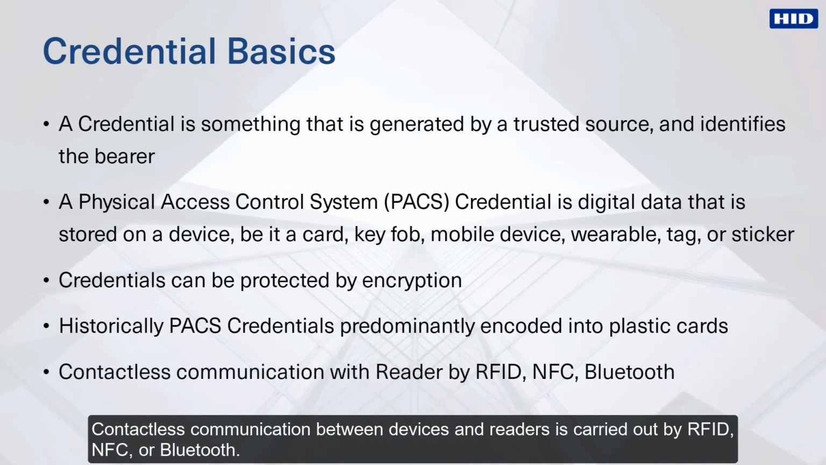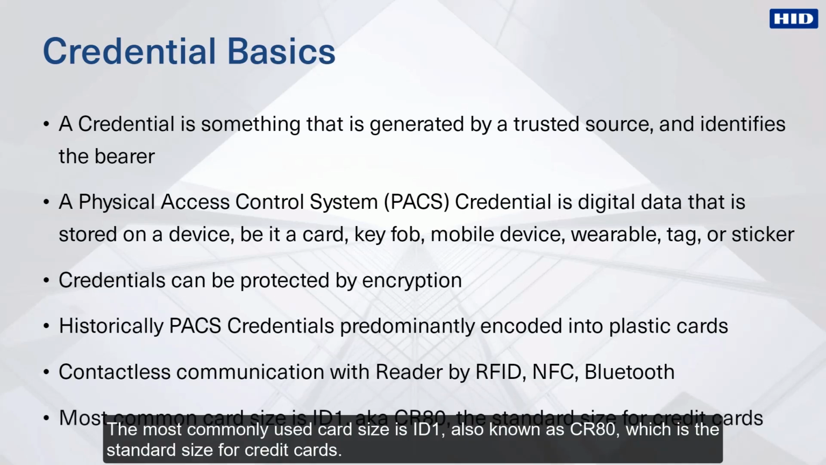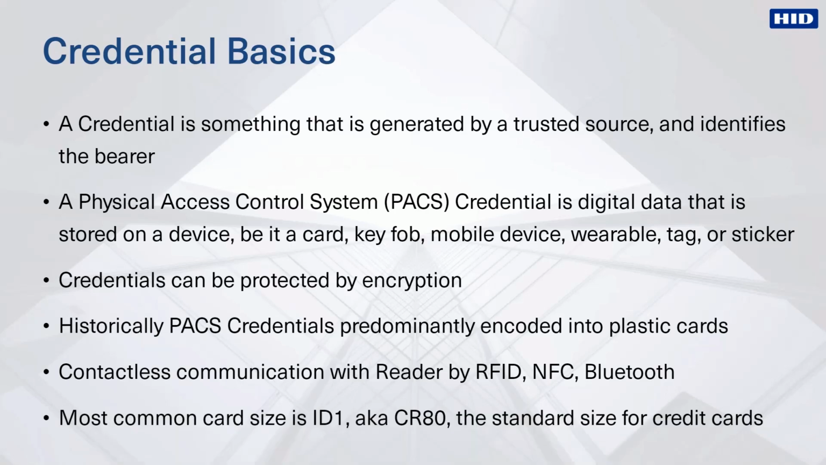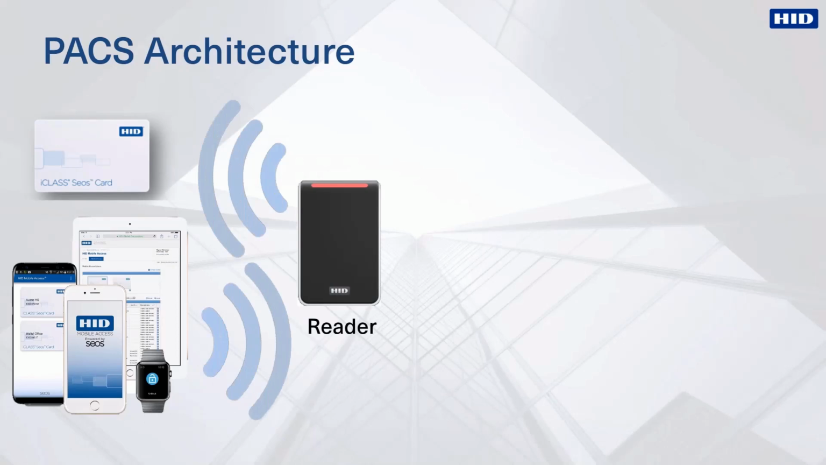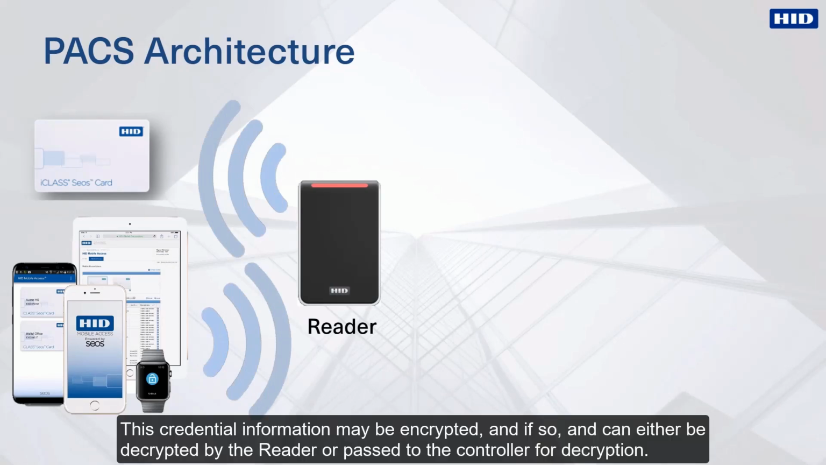Contactless communication between devices and readers is carried out by RFID, NFC, or Bluetooth. The most commonly used card size is ID1, also known as CR80, which is the standard size for credit cards. Physical access control systems collect credential information when devices are presented to readers at entrances. This credential information may be encrypted, and if so, can either be decrypted by the reader or passed to the